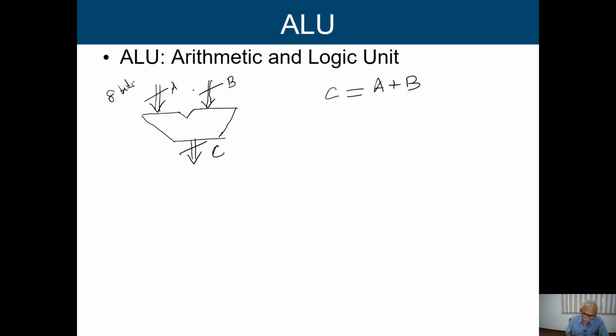Now if the size of the inputs and outputs is 8 bit, generally we say we are going to perform the operation on 8 bits together. So we have 8 bit information in the input, and we are going to perform, say, an addition operation on all those 8 bits, and the result is 8 bit. So inside that ALU we may have an adder which is of 8 bit size.